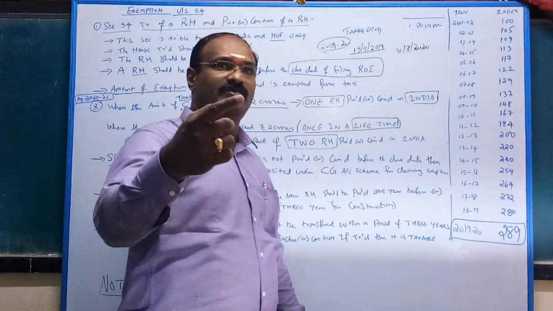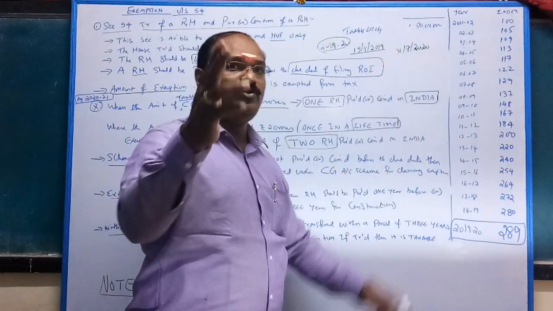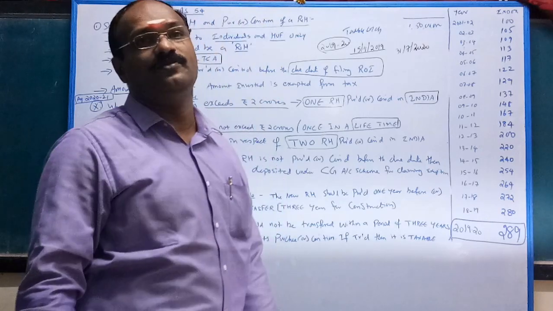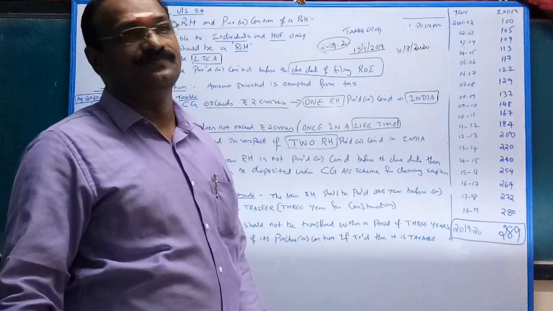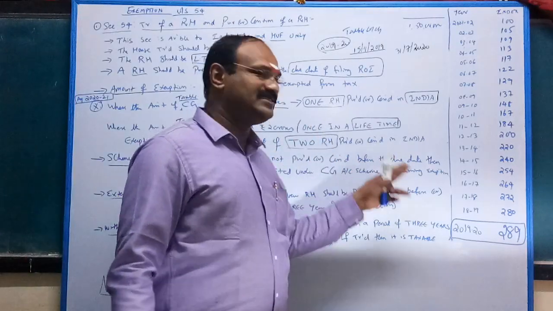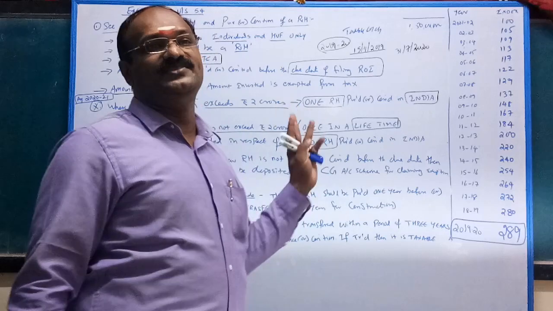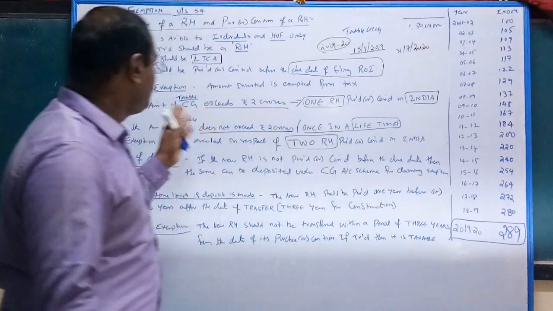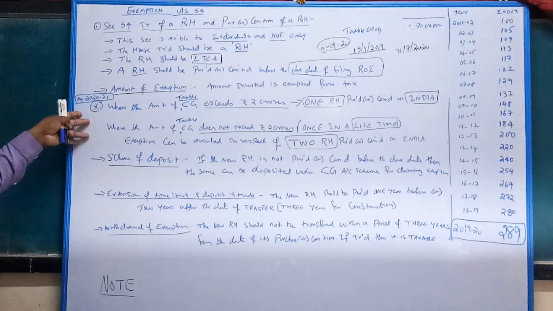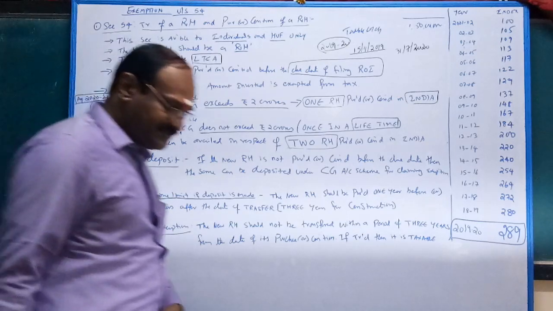But this portion is there, of course. For what I am telling, if one of the properties is sold and the capital gain is 1.6 crores, you can purchase one house. So purchasing 2 residential houses, purchased or constructed, is only once in a lifetime. This is the amendment 2020-21. Very important. You can expect it this time. Okay, next is the scheme of deposit.